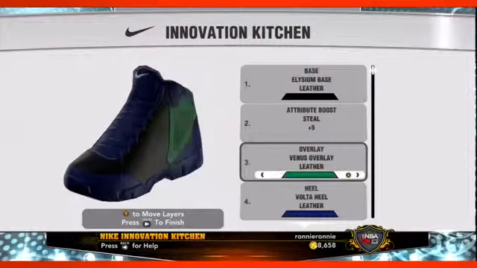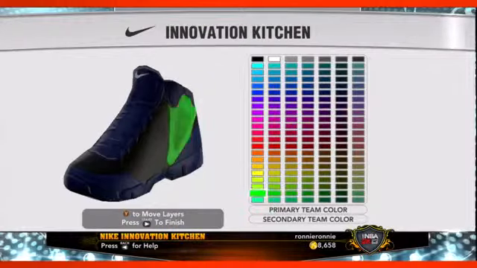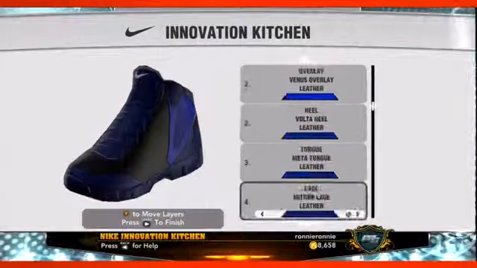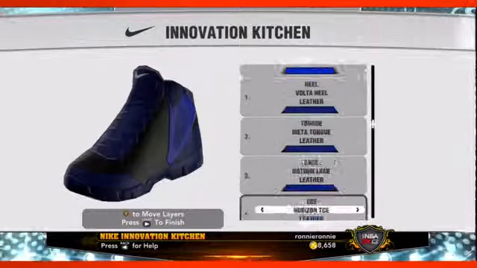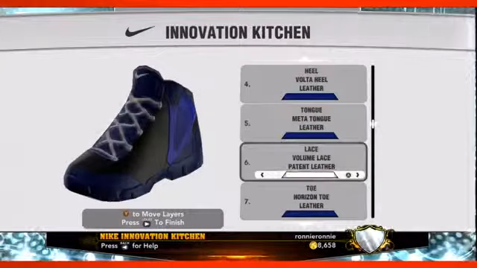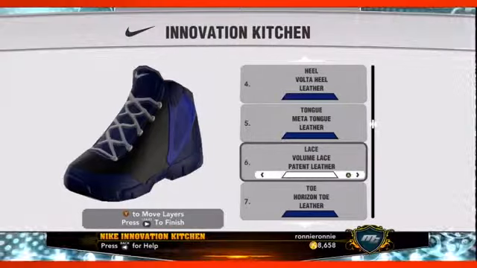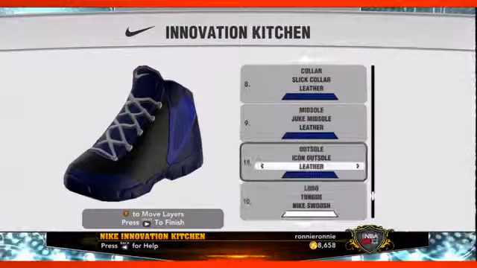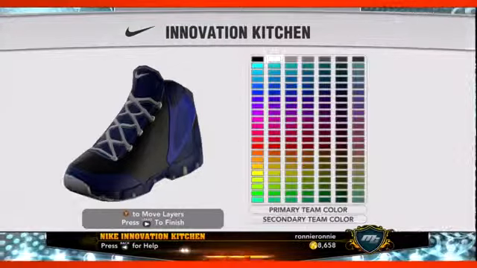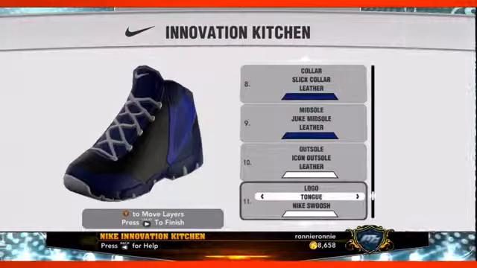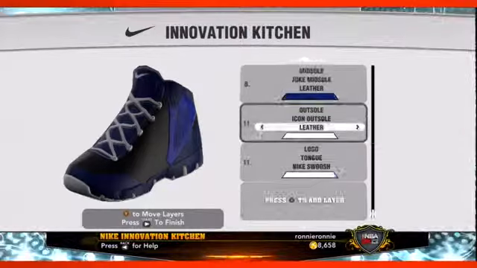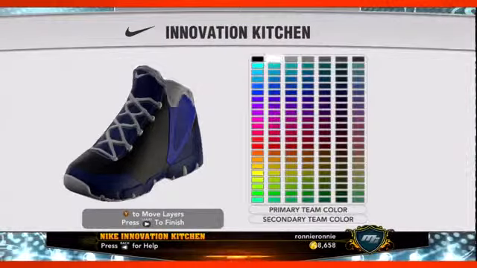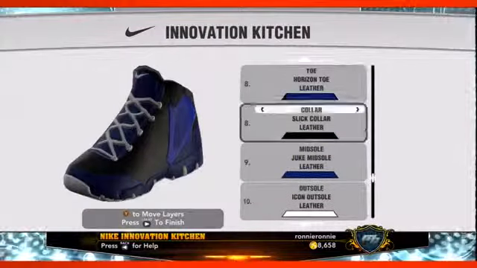It's really focused on attribute boosts based on quality of materials, lightness of shoe, structure of sole, cushioning, all those things that as we go out and buy our shoes for our daily basketball game, we try to factor in. Hey, I'm a big, I need more support. Hey, I'm a guard, I need a really light shoe that's maybe Flywire based or things like that. So the innovation kitchen for us is really exciting because it's a perk that you're only going to get if you do really well in MyPlayer.